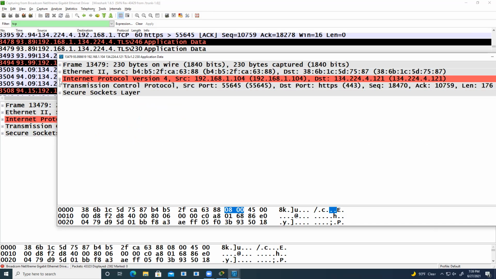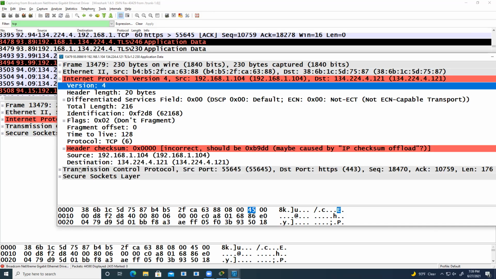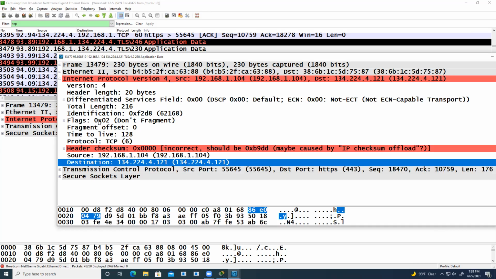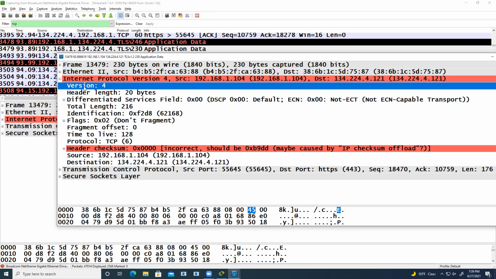So let's say I'm going to minimize the IP. I just click the Internet Protocol to see what info is within it. This entire info, starting from version 4 until the protocol or header, until the destination, the whole info we will call the IP header. When you open the IP header, there are many fields. We will talk about the very important ones which we require, and later we can add the remaining two. One info that you need to know is version. In IP, there are two, version 4 and version 6. By looking at this, you come to know it's version 4.